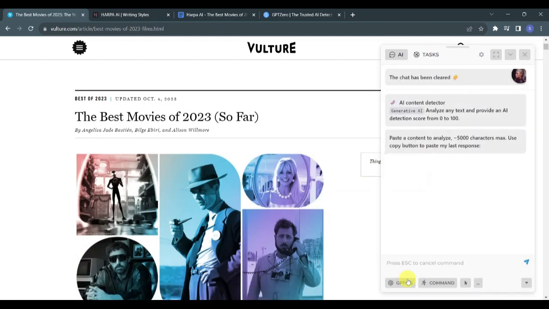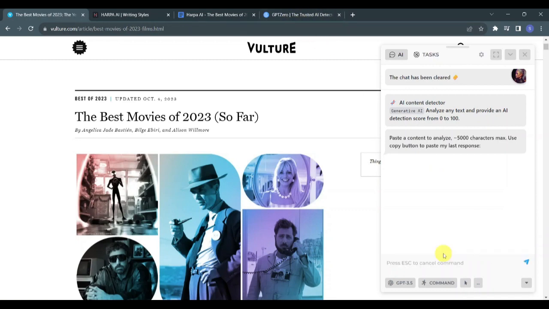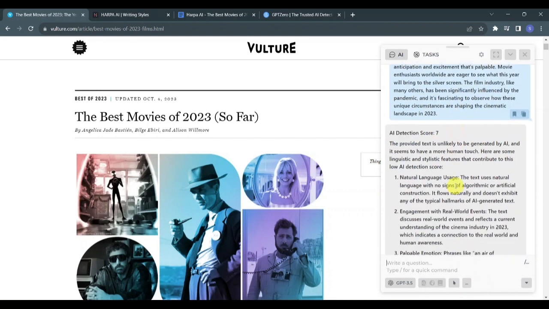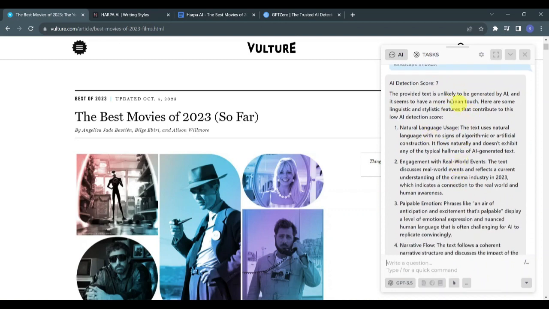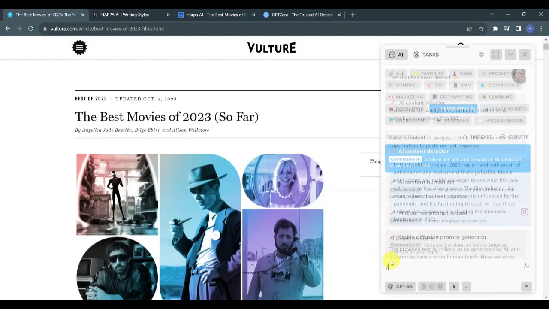Let's go ahead and try it out with the same text that we entered in GPT-0 earlier. So according to Harpa AI, the AI detection score of this introduction text is 7 out of 100. It even provides an explanation of why it is unlikely to be generated by AI. Now knowing from earlier that this text is 53% likely AI generated, Harpa also has a tool that will